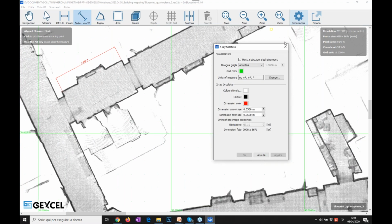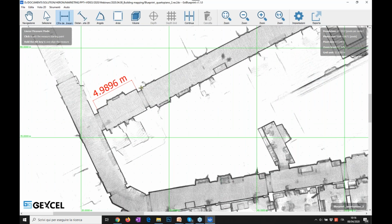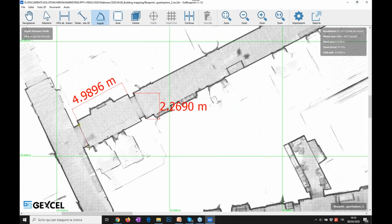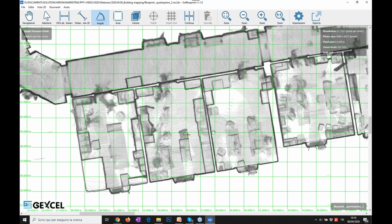Let me change, for example, the text dimension. Okay. Of course, you can change the background. You can take different kinds of dimensions as well. The software also supports the angular dimension. And in this case, if you also need to estimate very fast the area of a surface, the